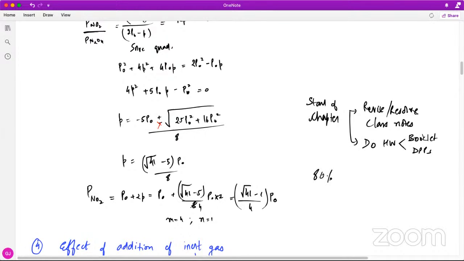Almost 80% chapter हो चुका है आपका. उस time पे what you should do is start working on formula sheet. ठीक है? You have to start developing a formula sheet कि क्या क्या कर लिया हम लोगों ने chapter में, उसको summarize करना है. Of course, you will have to also be doing homework only. Once the chapter is done,